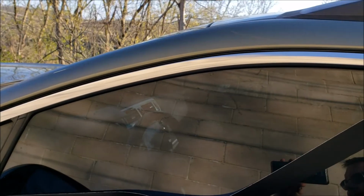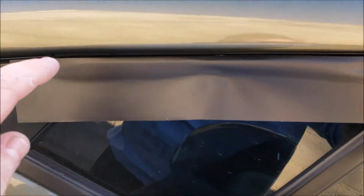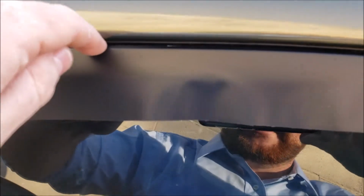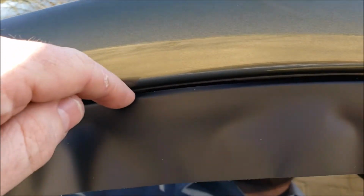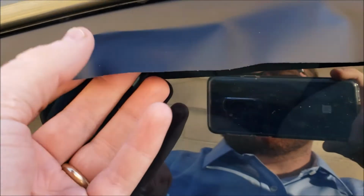Line it up, cover it up. What's going to be hard is this right here, this curve. So let me get to that point and I'll show you what to do. I've started at the top and I've based the top layer on this edge right here to follow that curve. Now I've done my best not to let it stick. It has in some places because it is sticky. But now I will simply